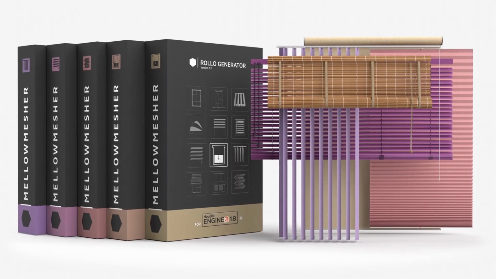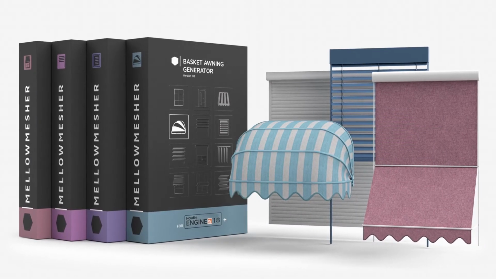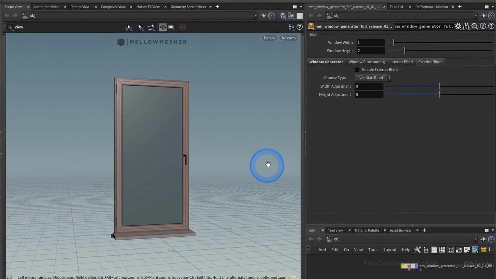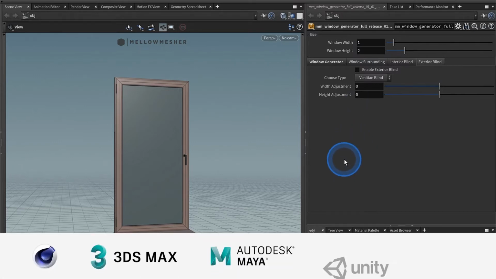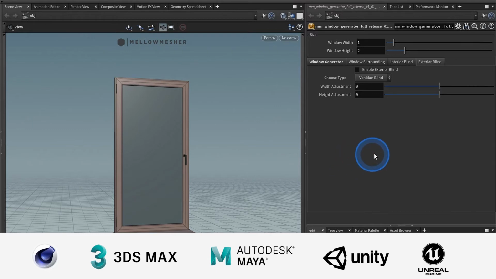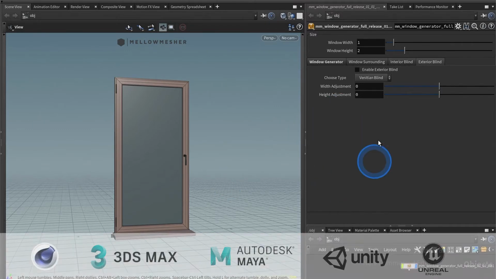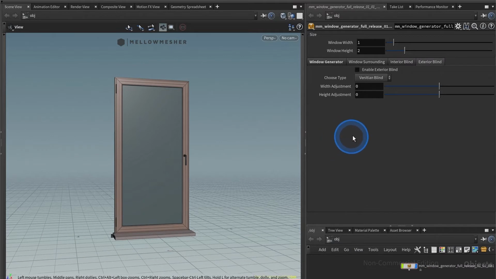Folks, this is a brief overview of the Window Generator HDA. I'm running the full version here in Houdini, but the settings should be the same everywhere, depending on your host application, which would be Maxon Cinema 4D, 3ds Max, Maya, Unity and Unreal. Settings are pretty straightforward, so this is a brief overview, and afterwards we go into the details for every single